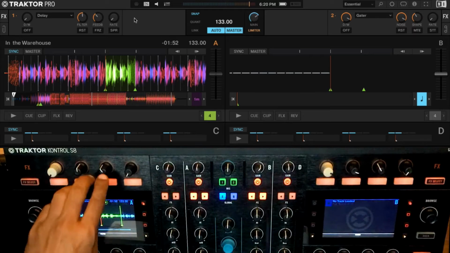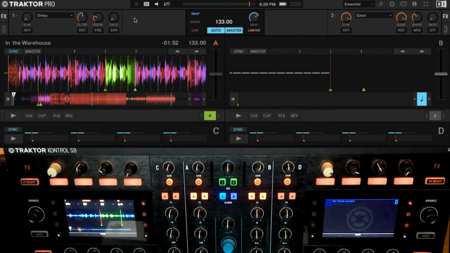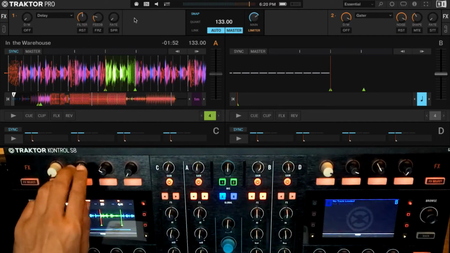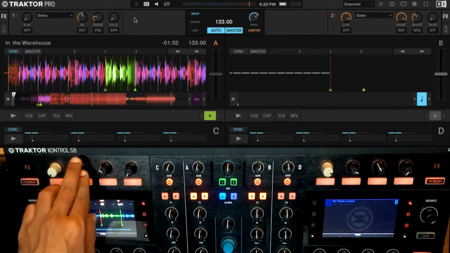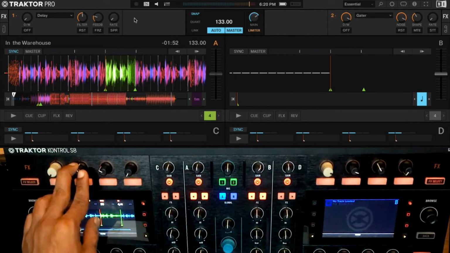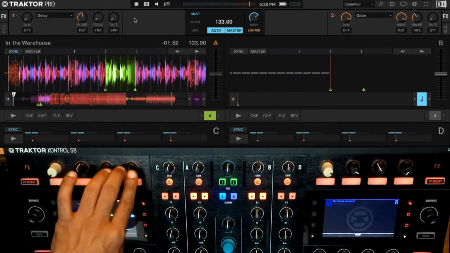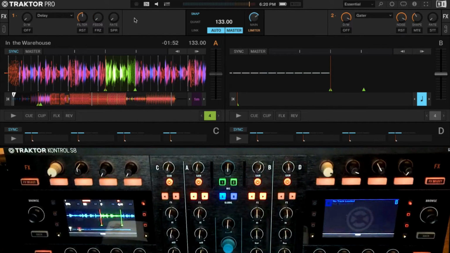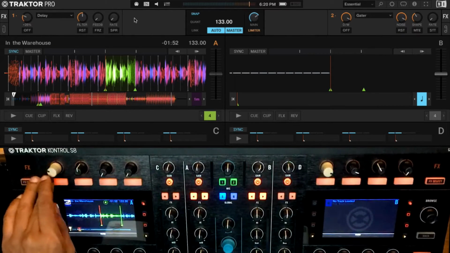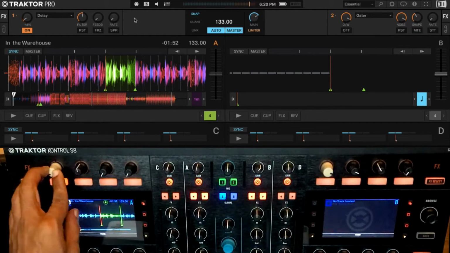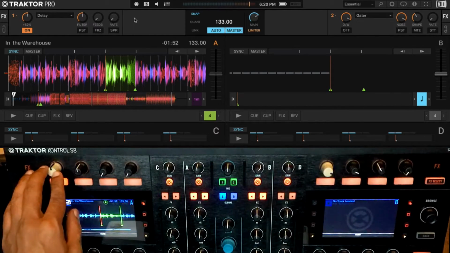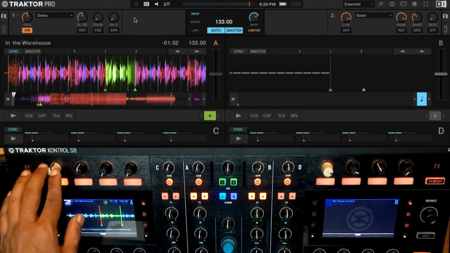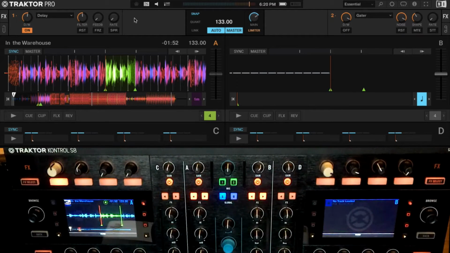Now the next parameter, feedback, decides how long the repeat is going to last before it dies out. And the filter is going to filter out the delay sound by either letting the low frequencies pass through or only the high frequencies pass through. So what we'll do right now is we'll keep the feedback at 0. I have the rate at 4/4. I also have my delay switched on. Otherwise, the effect is not going to run. And let me put my dry wet at about 50%, which means half of the original sound, half of the delayed sound.